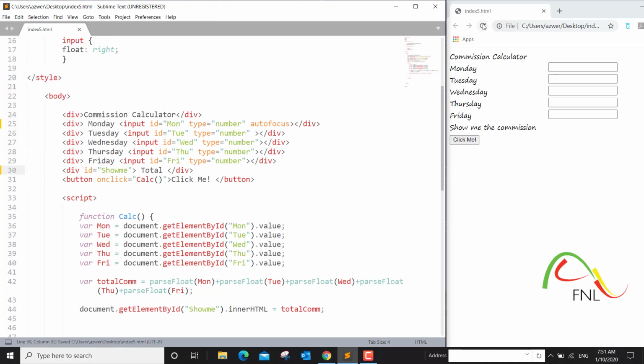Save it now and refresh it. The cursor appears here and this has been changed to total. The input field is still missing. That's very simple. You can create another input field here, type number once again, and let me give it an ID of total, and close the input element. Save it, refresh it. There is another field called total, but to make the total visible in this input field,